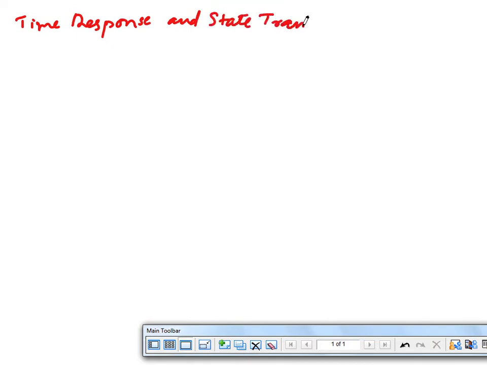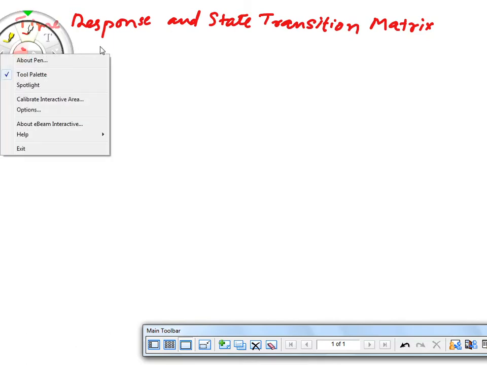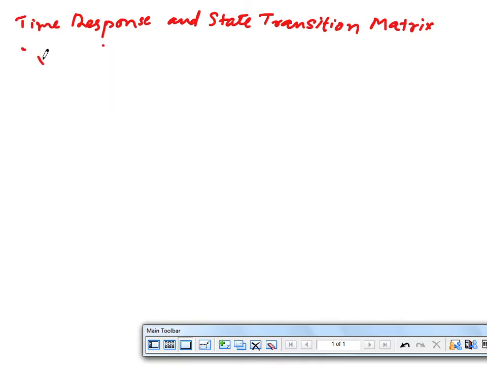What is the state transition matrix? I will explain it later, because we will have a dedicated topic on it. So we'll be going through this concept of state space analysis also. Whenever I am writing any state variable analysis, I'll be having the